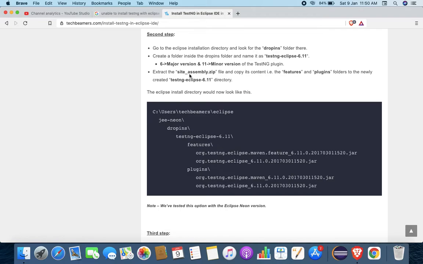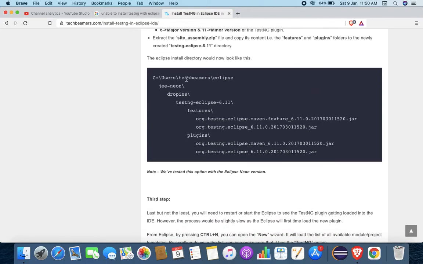Then, from the zip which you downloaded, copy its content, that is the features and plugins folders, inside the newly created folder. Means you have to copy these two folders inside this folder. They have given the directory tree, where they used Neon dropins.